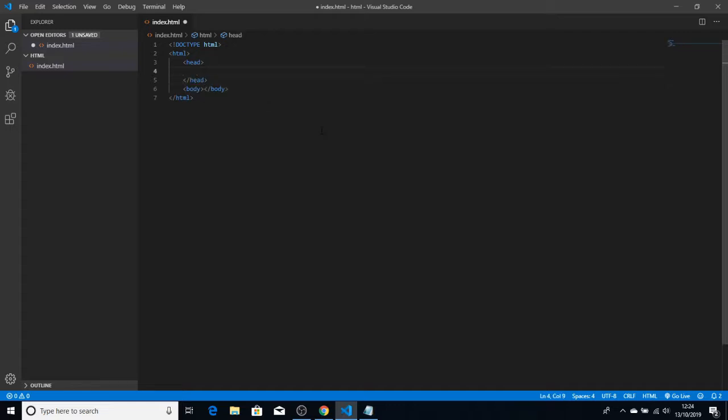So we're going to get started. The head is everything the user doesn't see, with the exception of this title tag here. So if we just say hello world, this will be the title of this page. And the reason this is the exception to what the user doesn't see is because if we click Control S